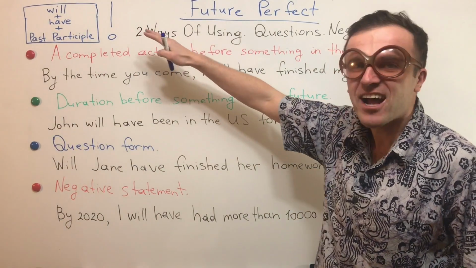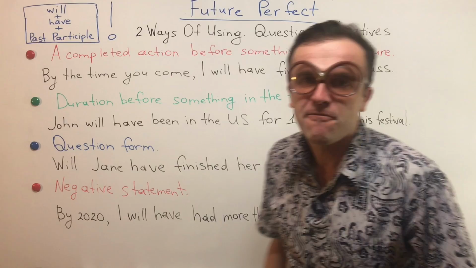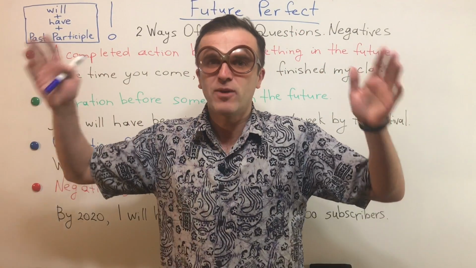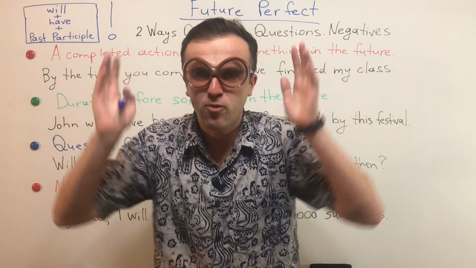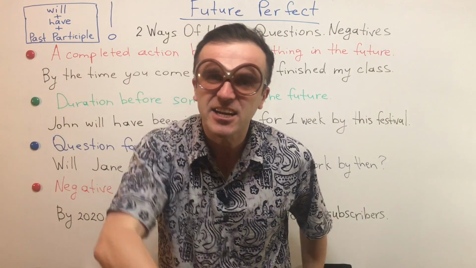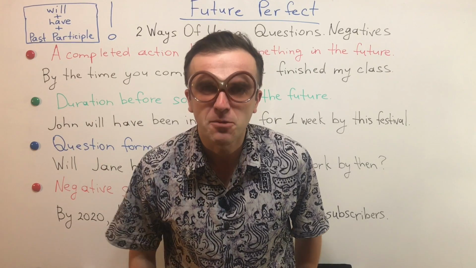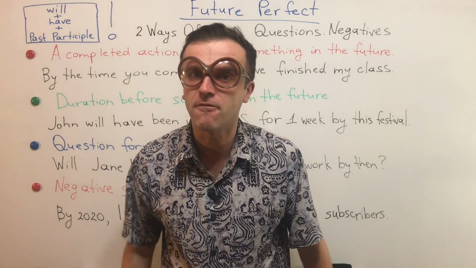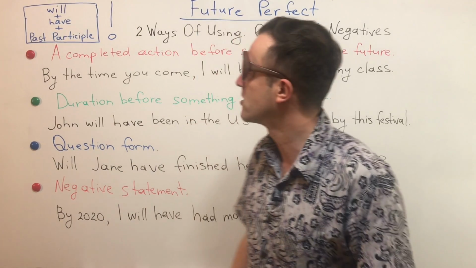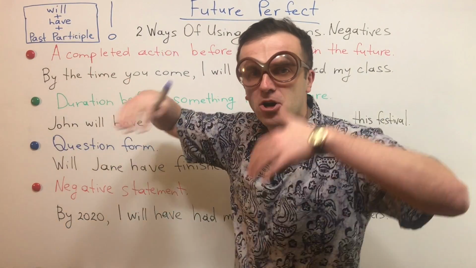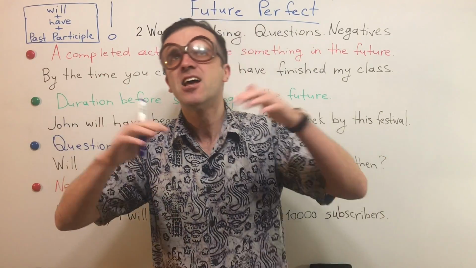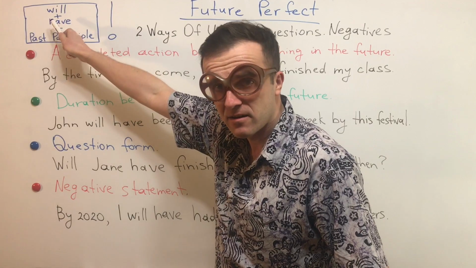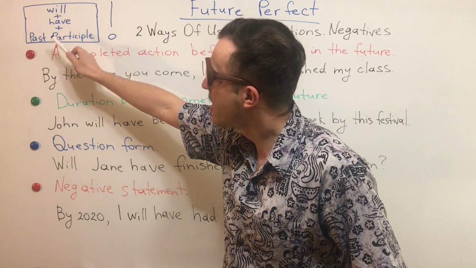Look at the boards. There are two ways of using the future perfect. I'm also going to tell you about questions and about the negative forms of using the future perfect. So, how to use the future perfect? What is the formula? Look at the board. It's a person, like I, we, you, they, he, she, it, plus will, plus have, and plus